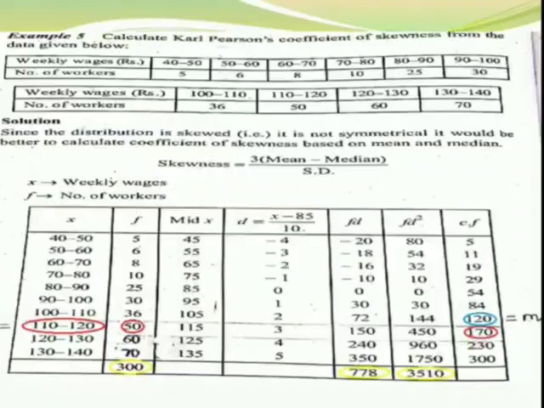In the next problem also, if the highest frequency is in a middle value, such as the third or fourth value, we can find the mode value. But here it is in the last value, so we are not able to find the value of mode, so we are using this formula. You have to remember that only if you are not able to find the mode value can you use this formula for skewness.